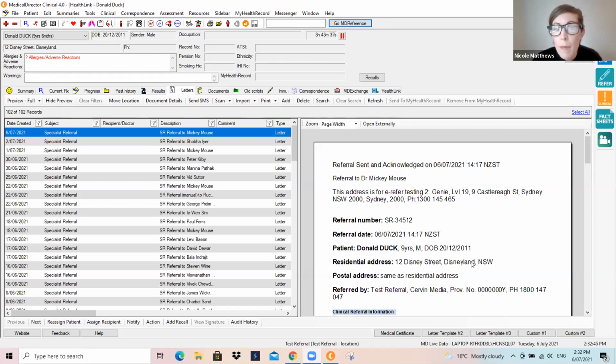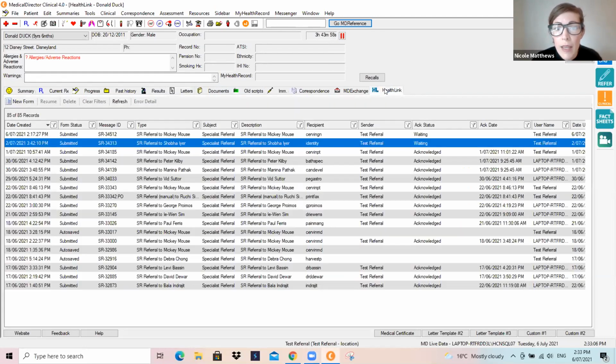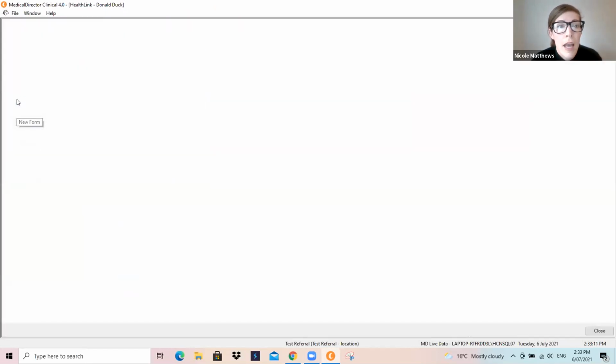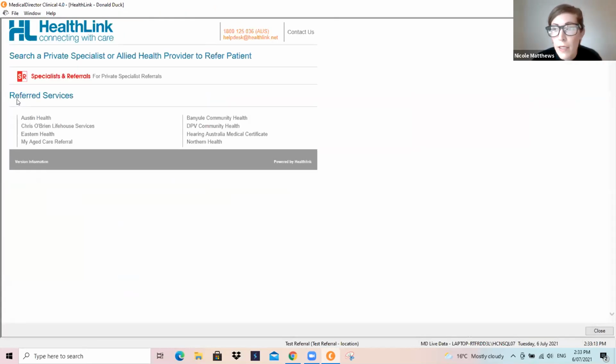So we are the Medical Specialist Directory, and we've teamed up with HealthLink to deliver electronic referrals to the specialists. I'll just show you firstly where to find specialists and referrals. So I'm now in a patient record in Medical Director. If I go to the right-hand side here, there's a little icon for HealthLink. I click on that, and then the new form, I click on that, and then all the HealthLink SmartForms will